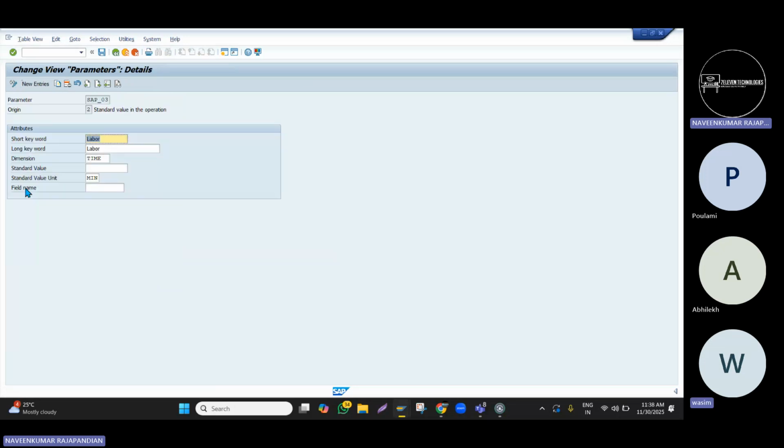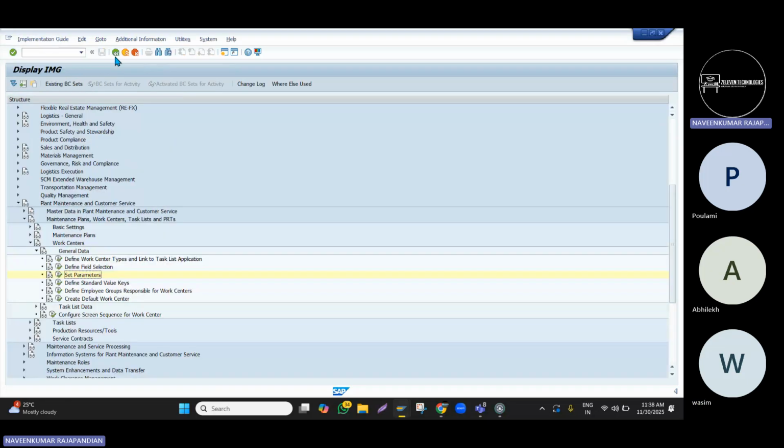In this parameter, you can see this is actually the setup. Our responsibility is only for giving this. The same thing, if you want to add a formula,